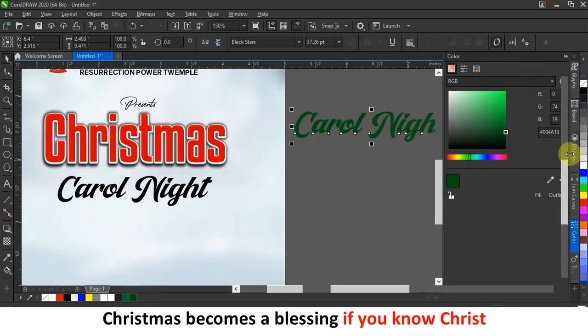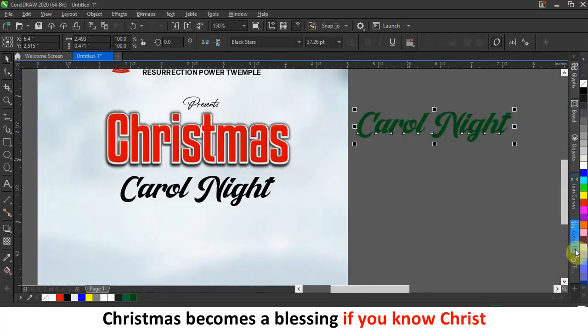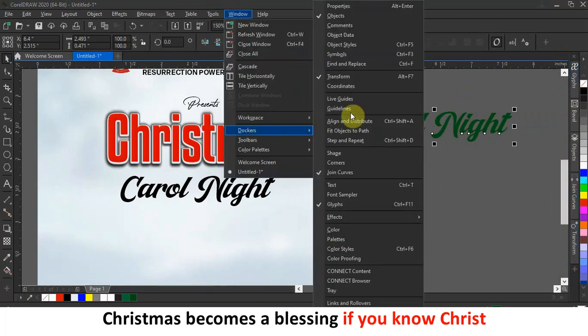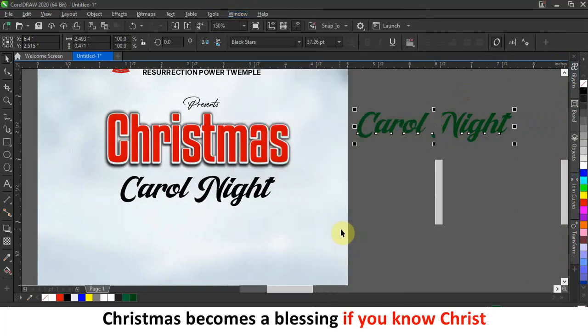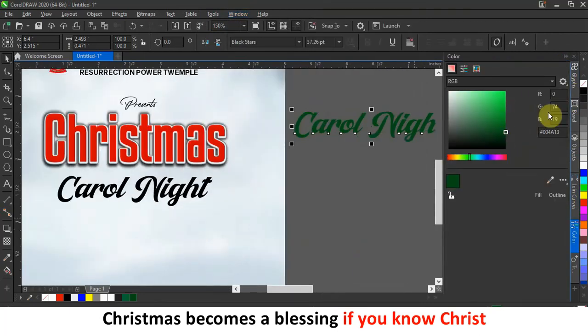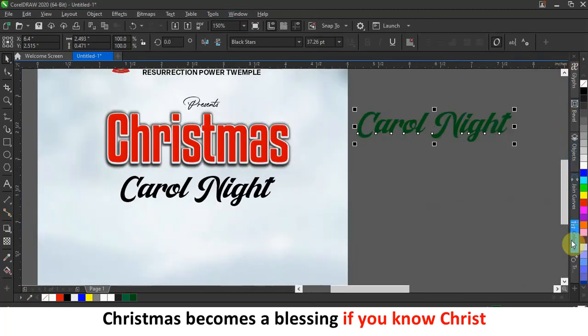So if perhaps you cannot see your color here, let me close it. If you cannot see your color here, you have to go to Windows, Dockers, and then where is color here? Here it is, color. So once you click on color, it's going to appear here. So that is it. So once you are done, you can just click here to minimize this. So I still have it here again. That is just how. Now I want to